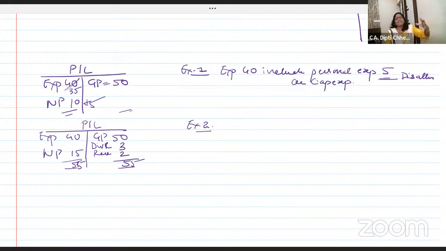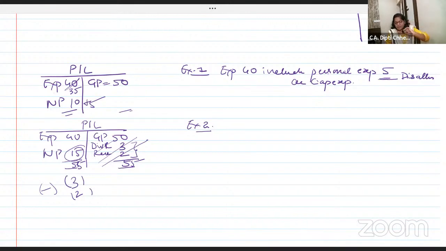Dividend received, rent received, all is credited in the P&L account by the accountant. Bank account debit, bank mein dal diya, dividend aaya, le liya. Rent received, like this. These are incomes. Either they are taxable in other heads or they are not taxable at all. So what should I do? Remove. If I remove these incomes which are not related to business, what is the impact on the net profit? Net profit kam ho jayega 3 rupees aur 2 rupees se. Yes, all clear to all of you?